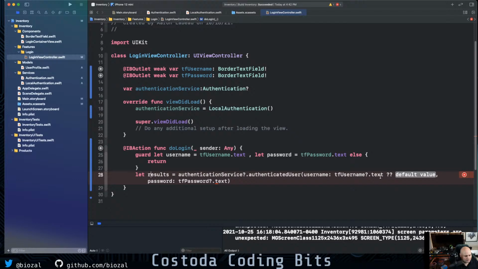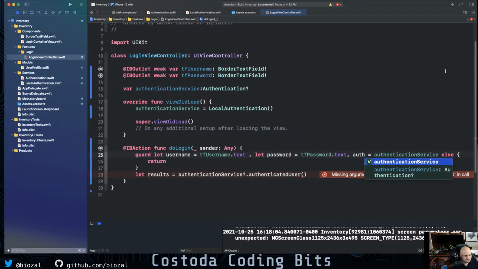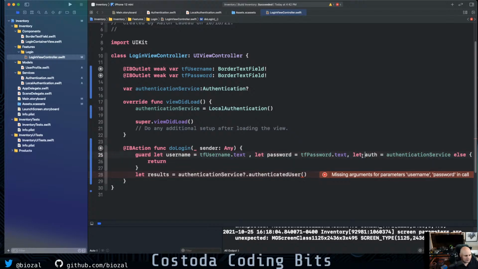And then what we should be able to do is just say, and let's also just typecast out this authentication service. We can just say auth equals authentication service. Now we should be able to just say, wait, what's the error about now? Let username here, let password, oh, yeah. Let auth equals